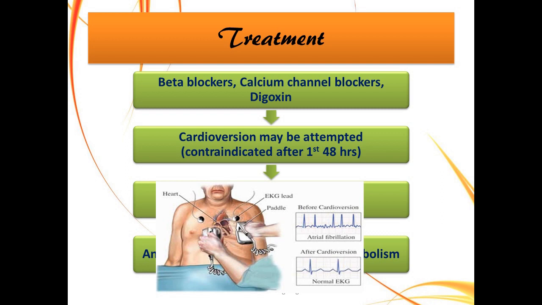What are the treatment measures for atrial fibrillation? One thing you can think of is prescribing beta blockers and calcium channel blockers, or even digoxin to these patients, just to make sure that you have their heart rate in stability. Next thing is cardioversion, definitely synchronized cardioversion, which can be attempted in the first 48 hours, because then you have a risk of thromboembolism. So here is a picture of cardioversion which is synchronized.